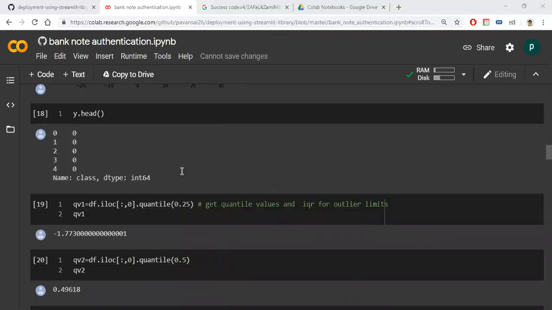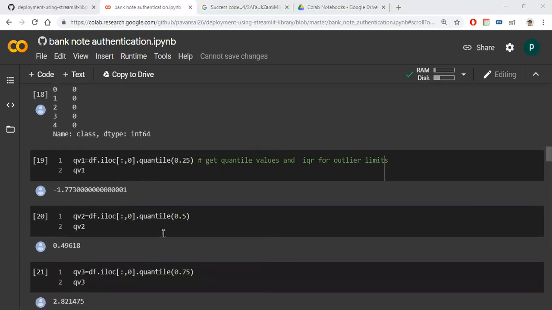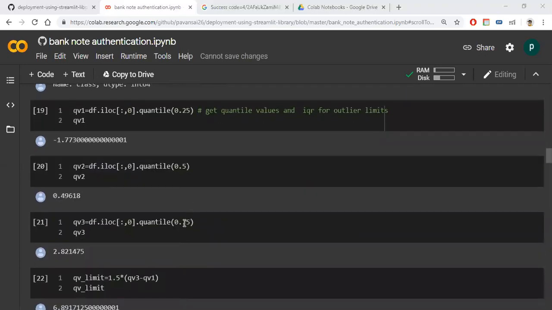There are some techniques to identify outliers. Basically we use quantiles, and based upon quantiles we can identify outliers. First I will go with quantiles. This quantile is a function for quantization of our data. I am taking 0.25. If we have 100%, we divide it into four parts, which is why we call it a quantile. So this is the first quartile, this is the second quartile at 50%, and the third quartile at 75%.